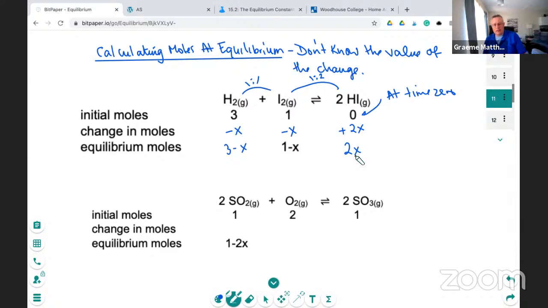And you're thinking, it's finally come to a balance. Like last time we talked about a seesaw, right? And so this one down here, let's take a look. All right. This is 1, this is 1 minus 2X. So the change here has to be minus 2X. Now, by the way, do you notice up here, chemists, that it's not always